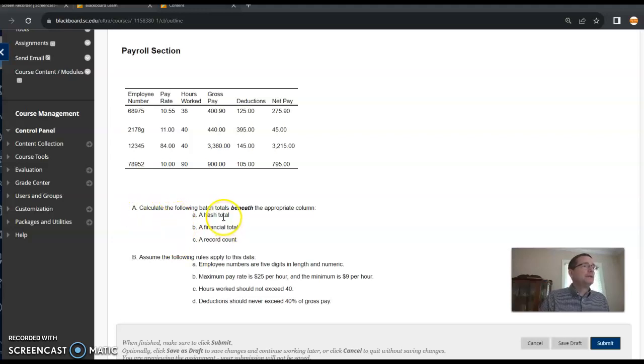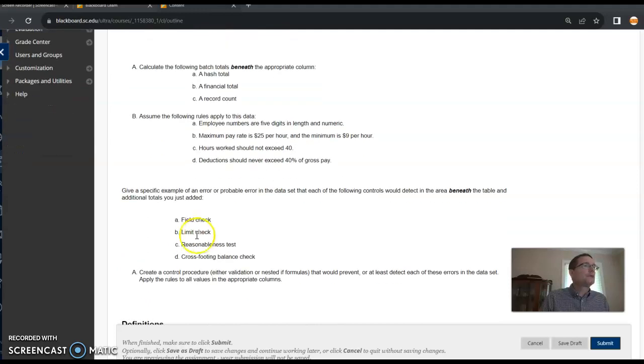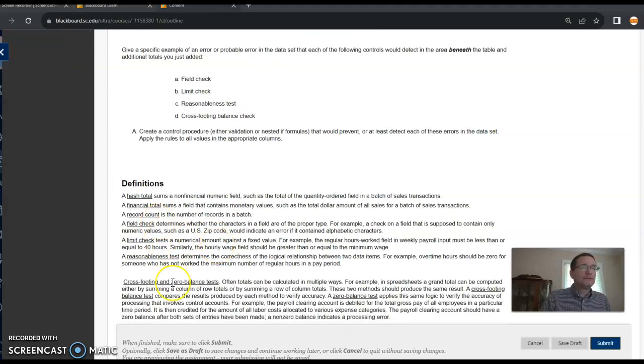Letter A says to include these following three items where they should be on the Excel file. And B, you're giving 4 data validation rules. We'll look at A and we'll look at D in this video. You're to give examples of A, B, C, and D here, and the definitions are provided below. I'm going to throw in a couple of extra matters while we're at it because it's pretty cool, and if we're going to do this, let's